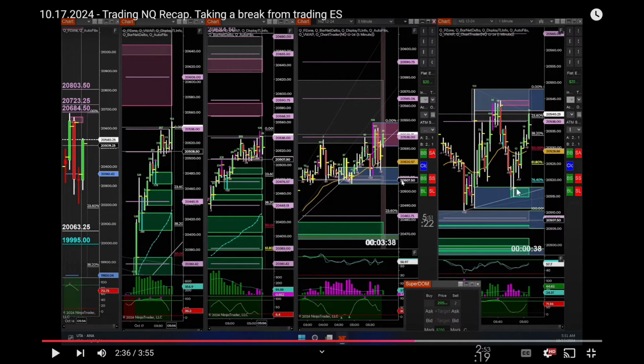So I should have maybe just sold my second contract down here as well, but I got a little greedy and decided just to move it up here. Worst case scenario, I break even, and that's exactly what happened on this particular trade. So that was the pre-market, up to $100 there.